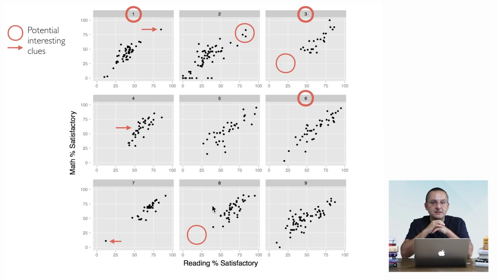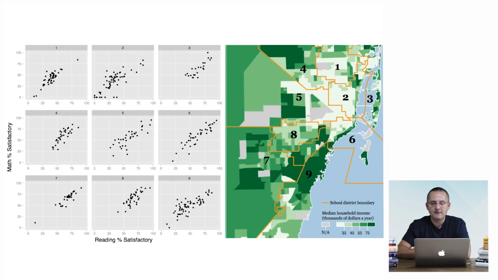Now let's put that to the test. Let's see if there is actually a relationship between school performance and income levels. So I went to the Census Bureau. I downloaded a data set of household income, area by area in Miami. I drew that map, and then I overlaid a map of the boundaries of the board districts. And I'm going to show you the charts that I created side by side with the map. And notice the patterns that we can discover over here.